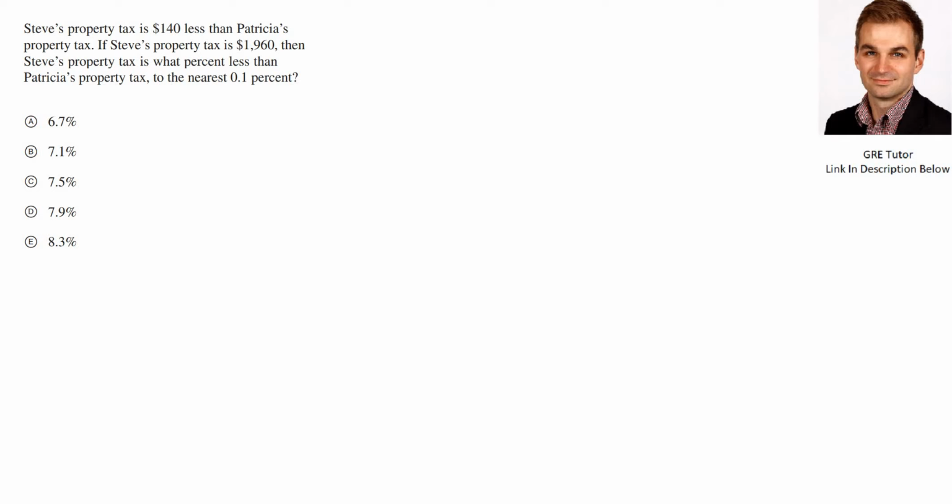Steve's property tax is $140 less than Patricia's. Alright, so if you take Patricia's property tax and subtract 140 from it, that will give you Steve's property tax. If Steve's property tax is $1,960, alright, 1,960,